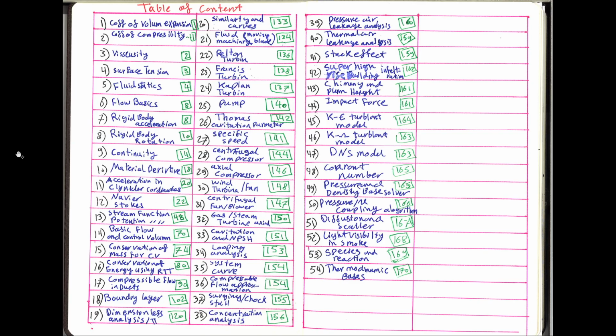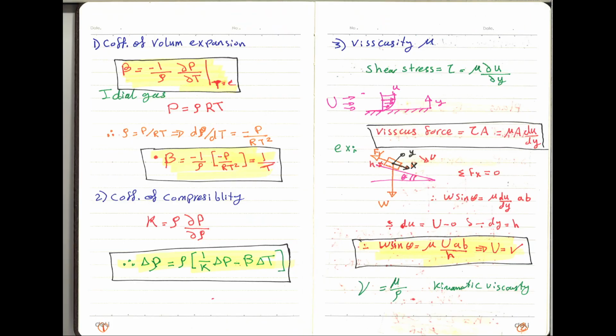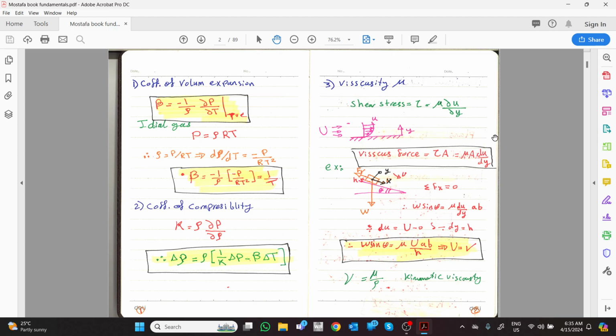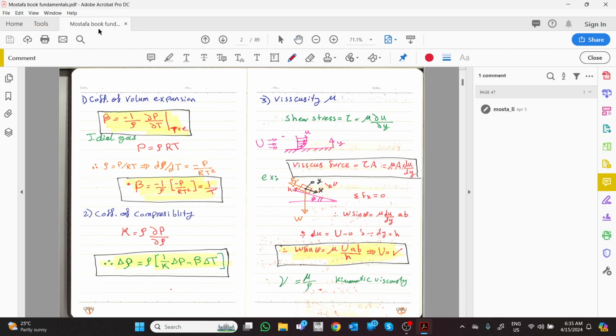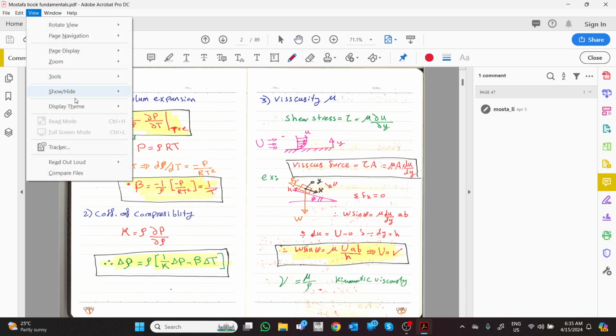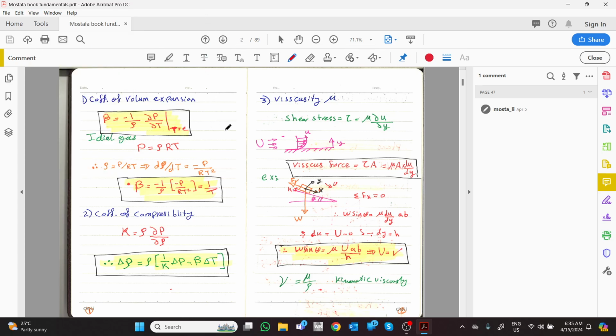This will be the course sessions. We'll go directly. There's something named the coefficient of expansion. Just get it like this. Okay. So the coefficient of expansion is beta, which is the rate of change of the density